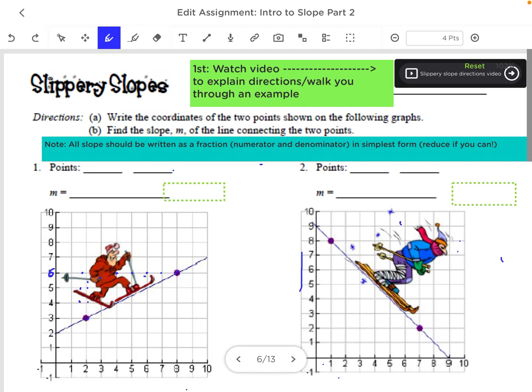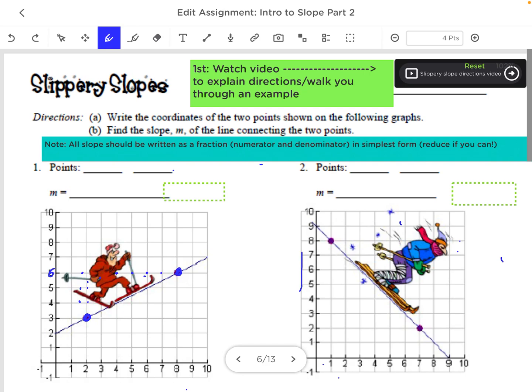What we want to be able to do with slope now is be able to calculate the slope from points. Sometimes you may not necessarily have a picture. In this case, we're going to do it both ways. Okay, so first thing we're going to do is go ahead and identify the 2 points on the line that